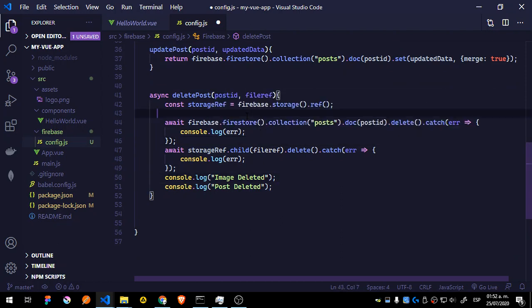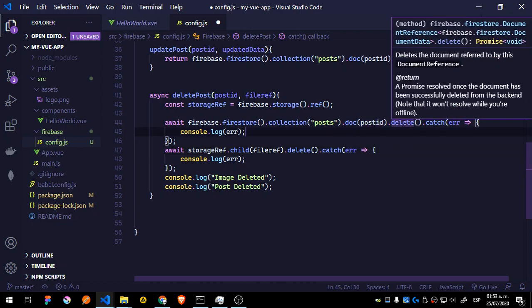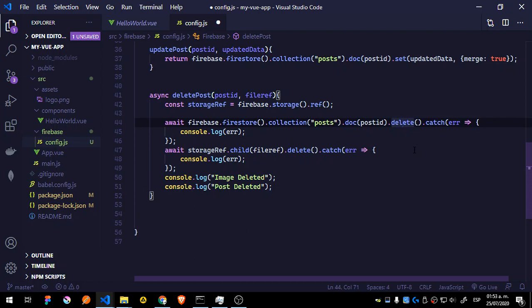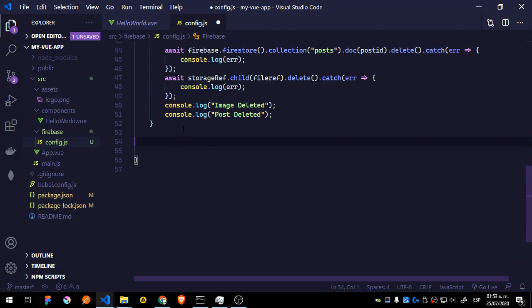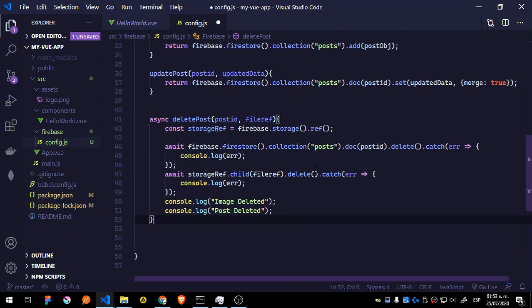So we're going to say, get me the reference of the storage, okay? Then we're going to await for the collection, the post inside the collection, that we want to be done with the delete action. We're going to catch any problem, okay? And we're going to await again for the reference of the file, which is stored inside Firebase, to be done with the delete action, and then catch anything if it happens. And we're just going to console log image deleted and post deleted. Okay,